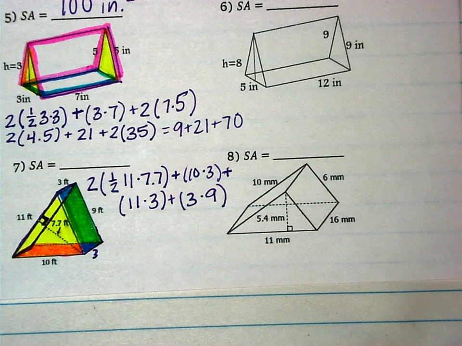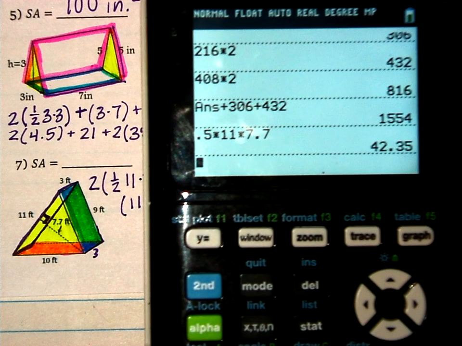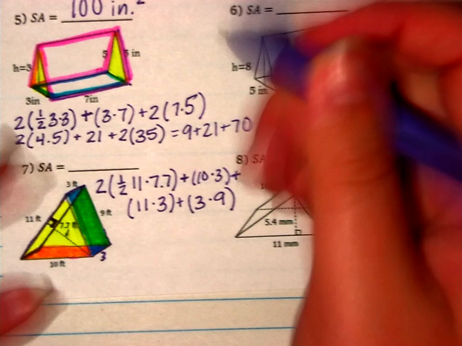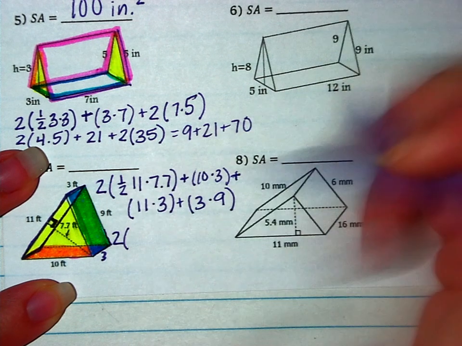Wow, okay, so I think we got all 5 surfaces. We have 2 triangles and 3 rectangles. So let's do PEMDAS and figure out the surface area of this triangular prism. So I'm going to type in half of 11 times 7.7. Ooh, fine, we get a decimal. So we have 42.35. And don't forget that 2 out in the front. I haven't multiplied that yet. So we have 2 times